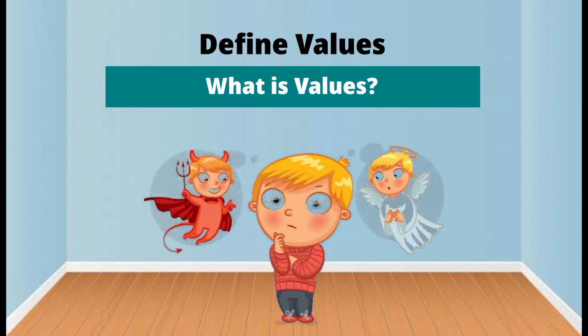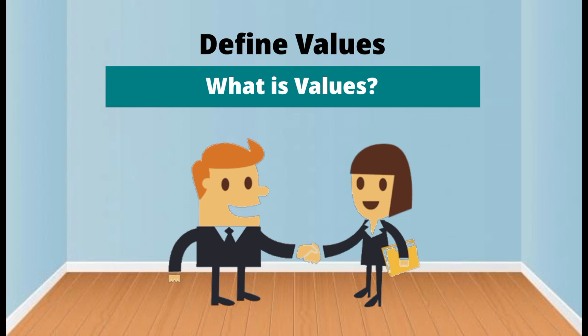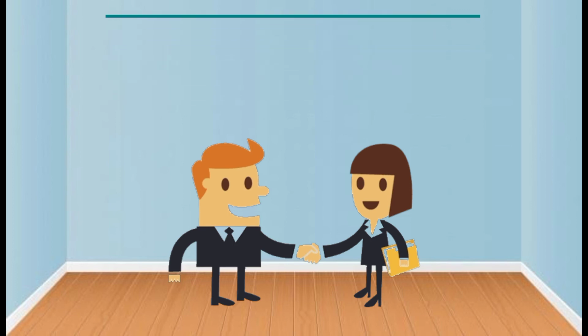Values are individuals' beliefs that motivate people to act one way or another. They serve as a guide for human behavior. Also, it refers to people's stable life goals reflecting what is most important to them. The values that are important to a person tend to affect the types of decisions they make, how they perceive their environment, and their actual behaviors. A person is more likely to accept a job offer when the company possesses the value he or she cares about.